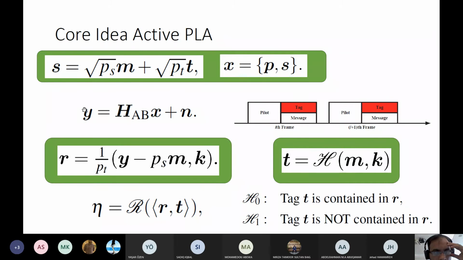You send this signal, and the receiver Y receives it through channel AB. At the receiver, based on the message M and key, you generate the tag to compare, and from the received signal you extract the tag R, and you compare the extracted tag with the database to identify the exact source.